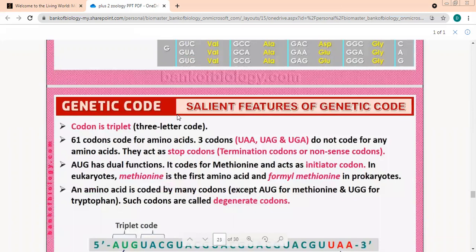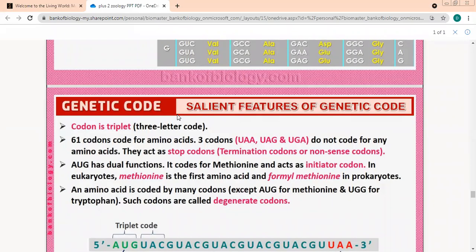CUC codes for? Leucine. CUA? Leucine. CUU? Leucine. And CUG? Leucine.